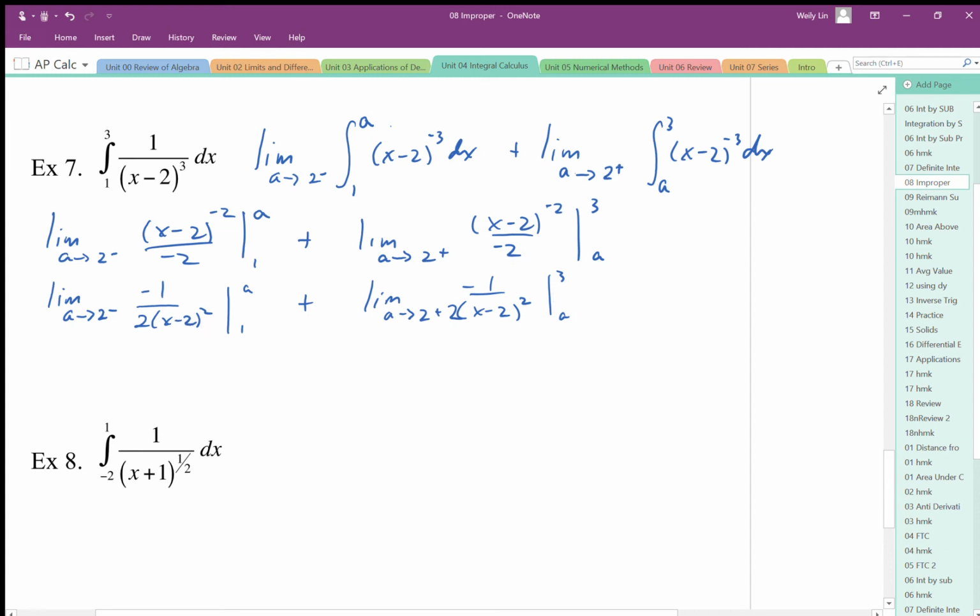All right, so then as I plug in a equals 2 from the negative side, this is going to be going to 0. As I approach 2 from that side, because it's squared, this expression is always going to be positive. It's going to be going to 0. I'm going to be dividing by 0, which is going to give me infinity, but it's going to be positive infinity. And the reason why is because